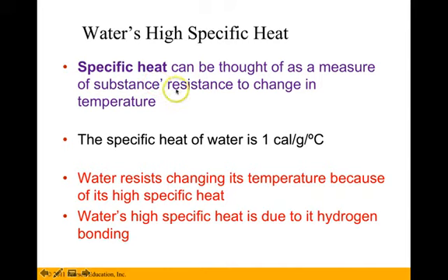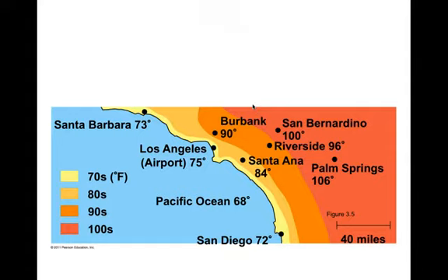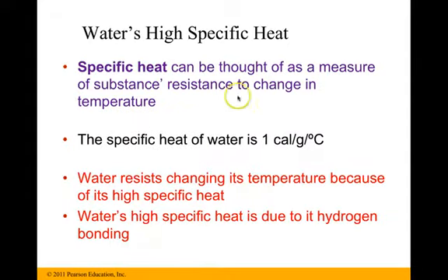What is specific heat? Remember, specific heat is the ability of a substance to resist change in temperature. And water has the highest specific heat. Water resists change in its temperature, and it is due to hydrogen bonding. So if you compare water with oil, if you take water in a beaker and in another beaker you take an equal amount of oil, and you place thermometers in them and provide heat for the same amount of time and with the same amount of flame